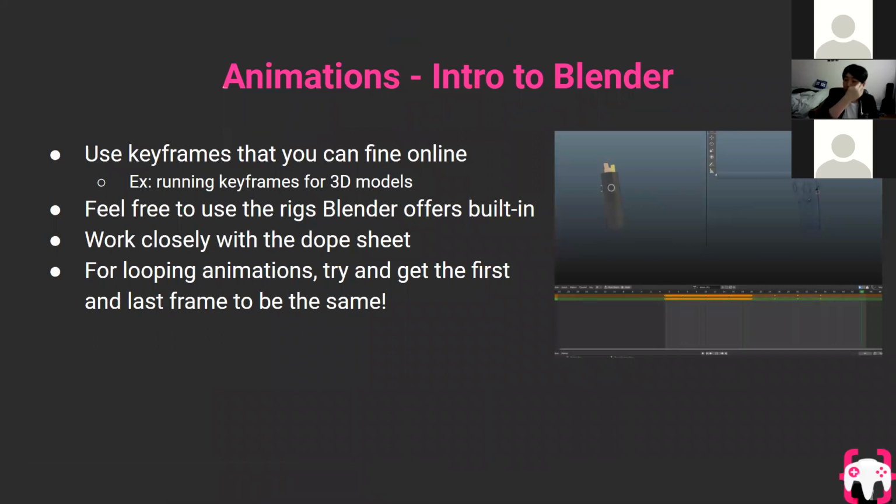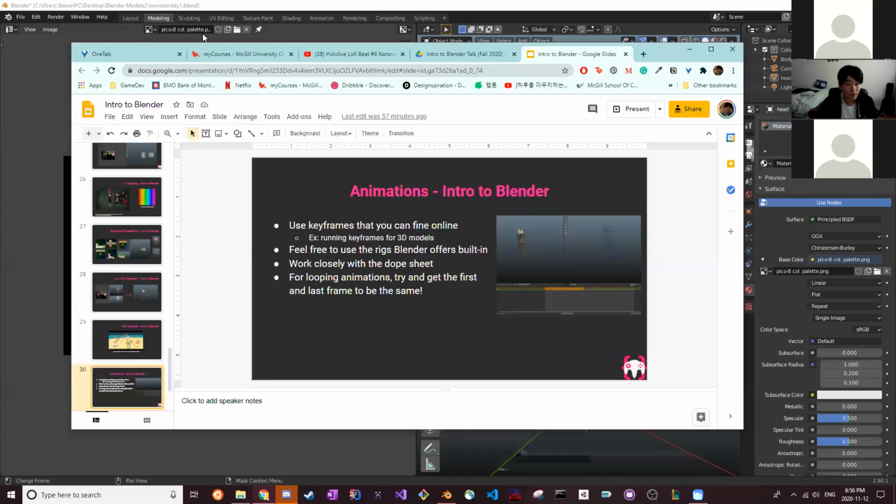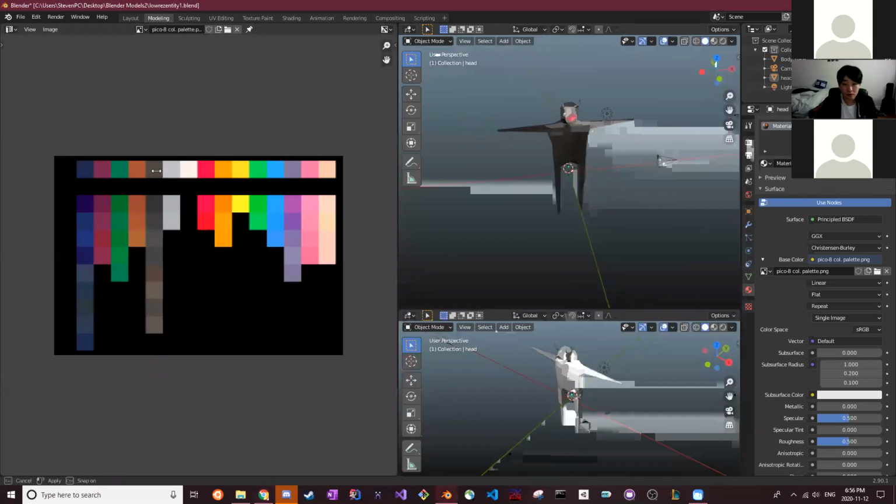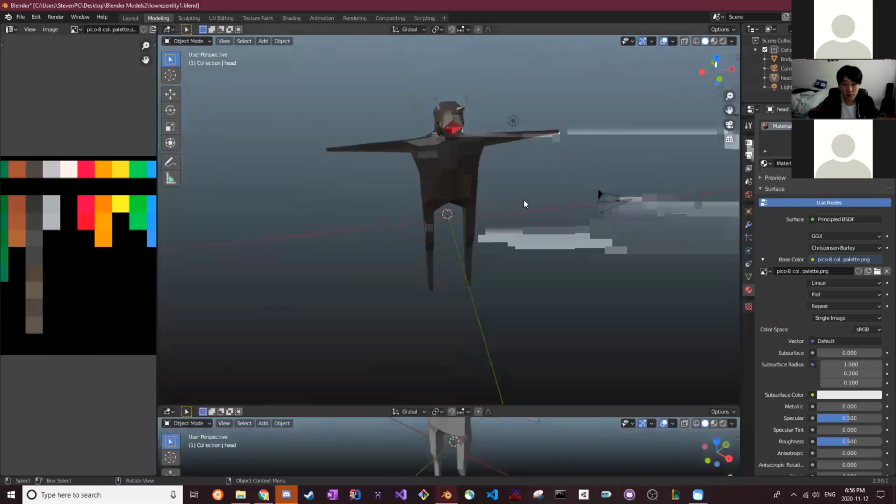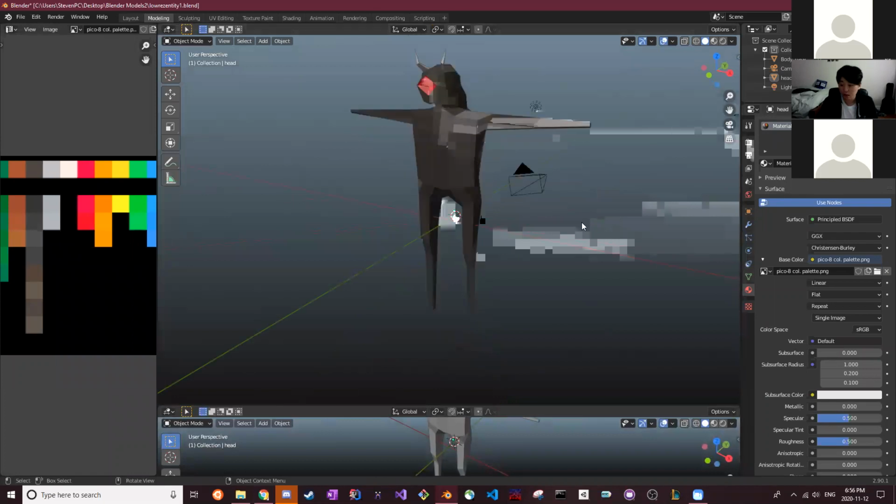Animations allow us to create these kinds of little actions that we might want to do with our characters. To do this, we're going to have to attach what are called bones. So imagine this is the skin. Let's say my arm is flailing. The reason I can flail it is because I have bones inside my skin, or else I'd be hollow. So the way I can do this is to go into object mode,